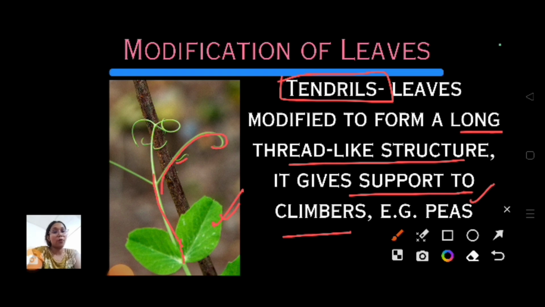Tendrils we get in stem modification also, but there the example was different, like in grapes we got